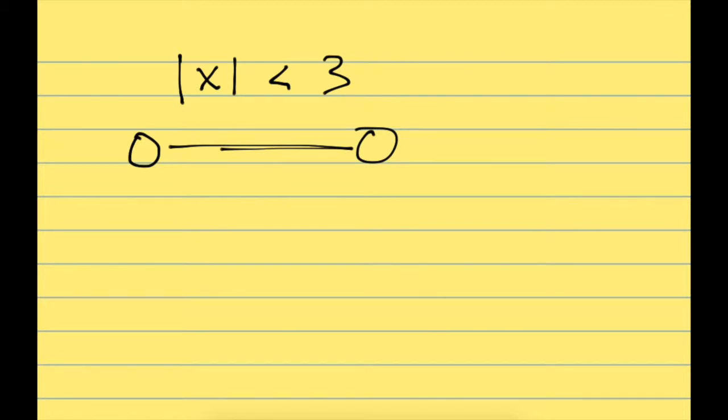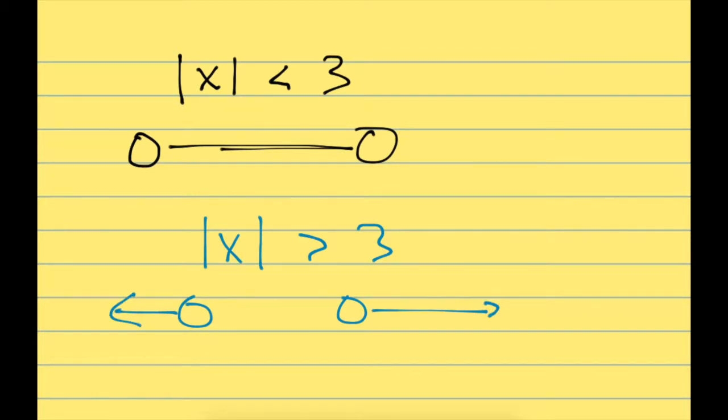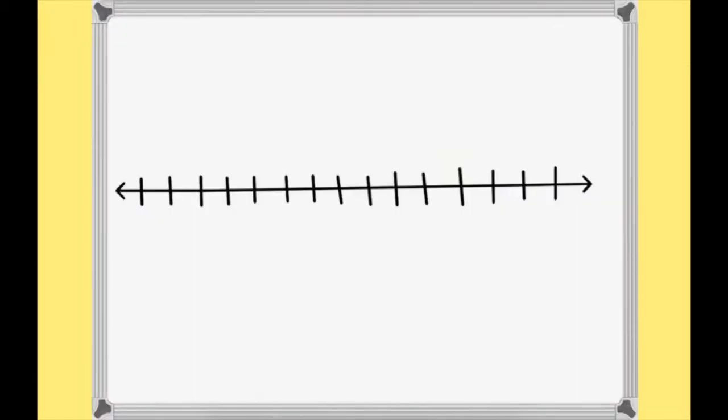When we have an absolute value greater than some number, we're looking outside, okay? Because we're looking for a distance that's greater or further away than a particular number, so we're looking at an or compound inequality. For example, if we want to solve and graph the absolute value of x is greater than